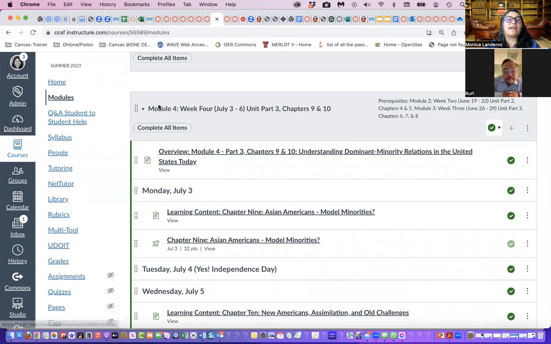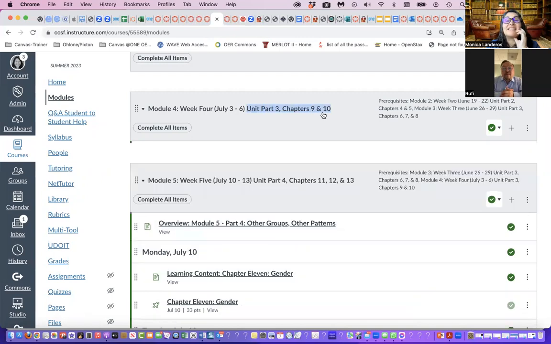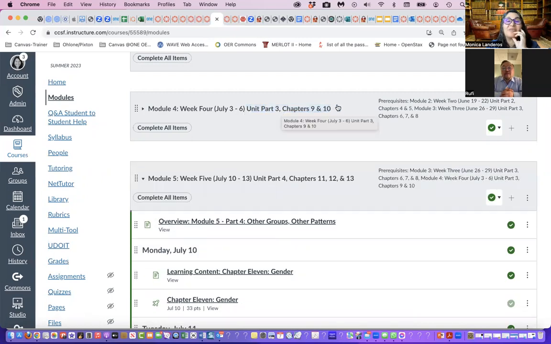So this is how I head mine. I say module 4, week 4. I give them what the dates are. And actually that helps me, because I teach at different colleges and module 1, week 1 is not all the same for me. So I kind of need to know where I am. And then I go a step further and I say here unit part 3 and I give them the chapters. That's because this is a summer course. If module 4 were chapter 4, then I wouldn't do all of this other crazy stuff. I would just put module 4, week 4, the dates, and then here instead of unit, blah, blah, blah, I would say,